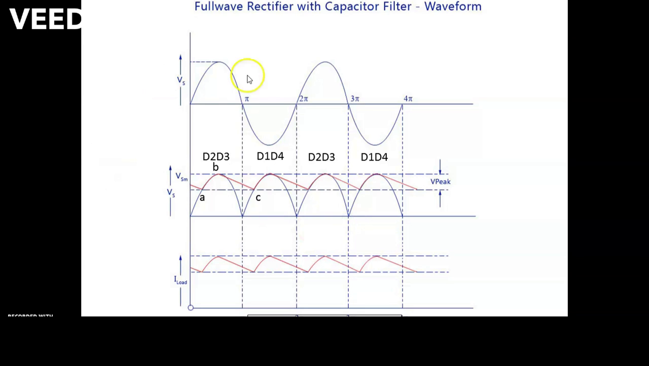Here we can see in this positive half cycle, diodes D2 and D3 become forward biased, and here we are getting this type of pulse. Now from this point A, the capacitor starts charging. Capacitor C starts to store charge until point B. At point B, the capacitor charges fully, and again when this voltage